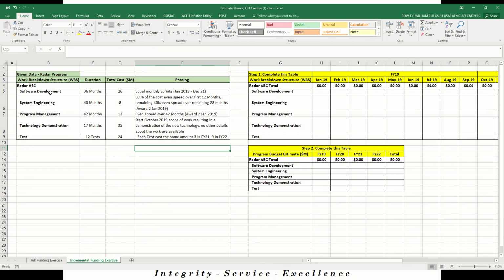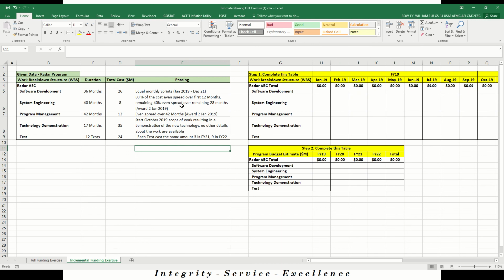And each work breakdown element has got a duration in months and a total cost, and then some phasing description. Again, this phasing description can be a wide variety of things. Depending on what information you have, what data is available,